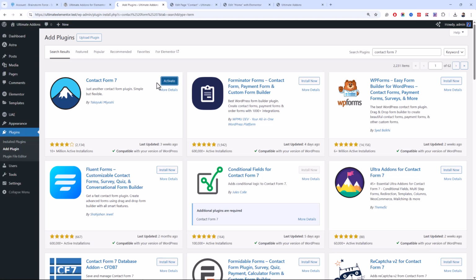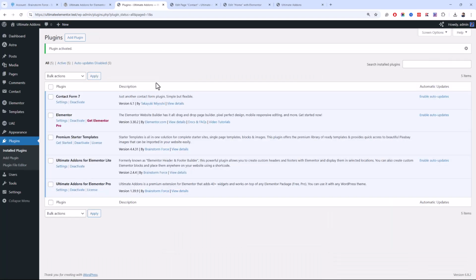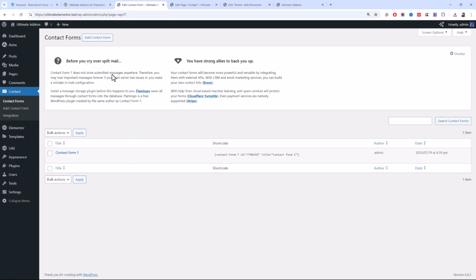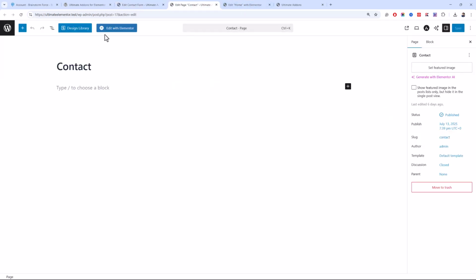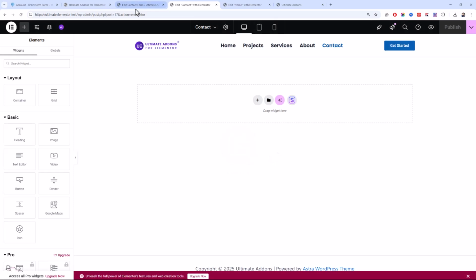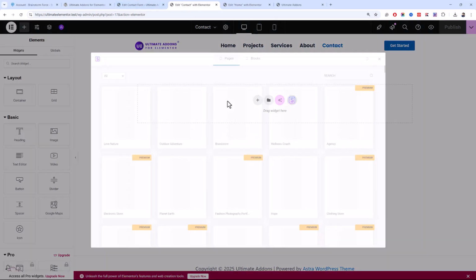But Ultimate Add-ons plugin provides you a styler widget, like you get a default contact form, which is a pretty basic contact form. Now let's create a contact page using the Elementor page builder, and I'll quickly